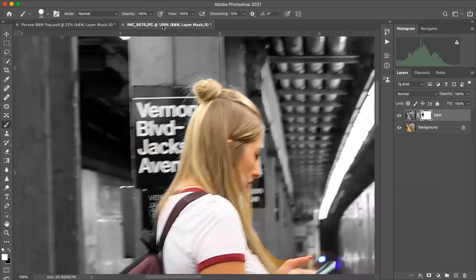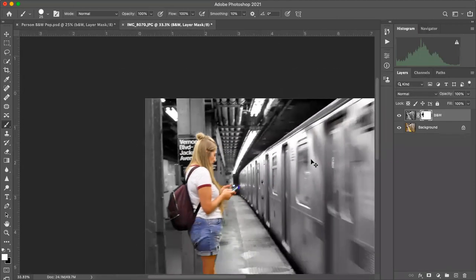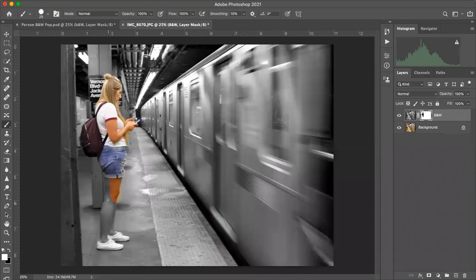So again, I would have to kind of go through and fix this one up a little bit more, but you can see that it's on its way to getting better. Anyways,